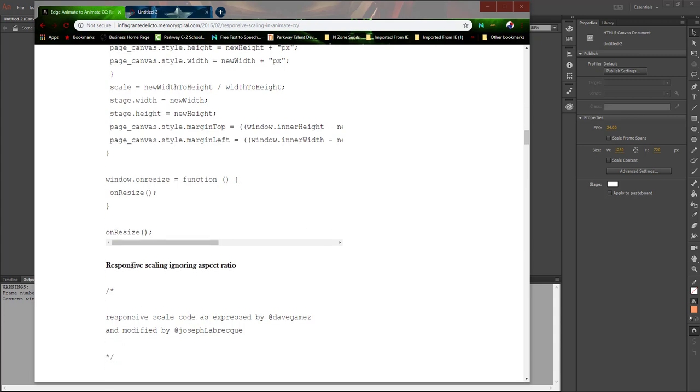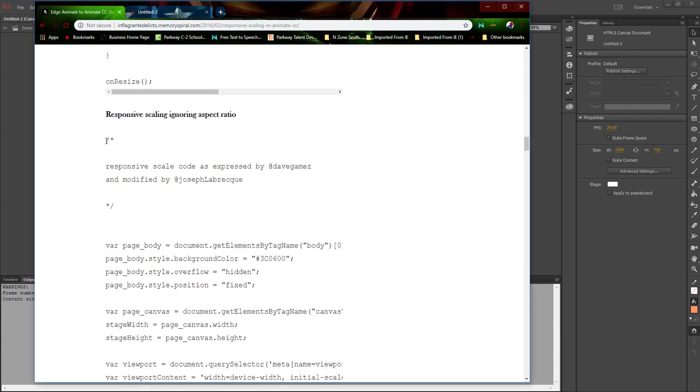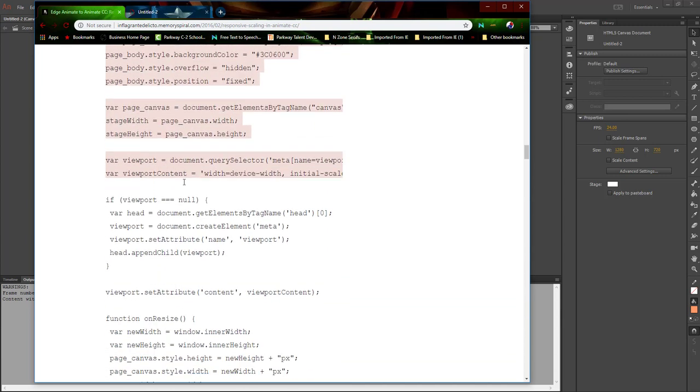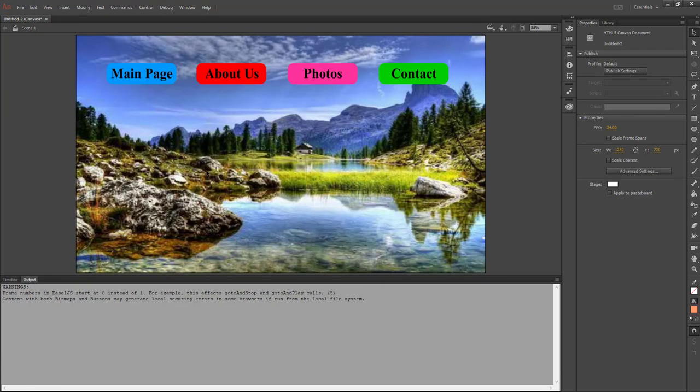We're going to go to the responsive scaling, ignoring aspect ratio. So right below that, we're going to click and highlight all of this all the way down. Okay, we're going to stop right here. We're going to right click, copy, then come into our